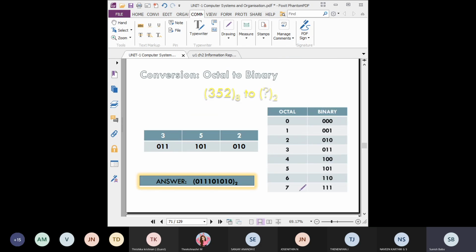Students, this is rough work for you. For every question they will give this as rough work, and from this only you get the answer. For example, for 2 you have to get it from this tabular column: 010. See here. Then 5 is 101. Like this you have to take the answer from this tabular column. So this tabular column is very very important.